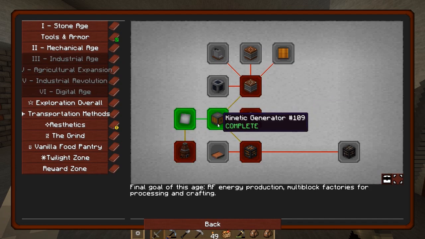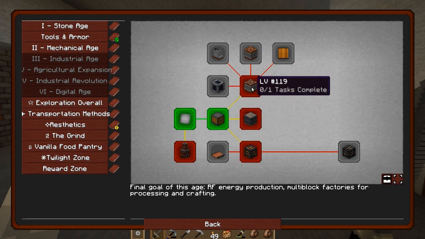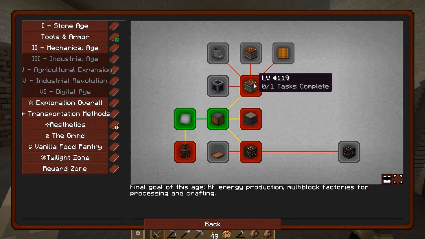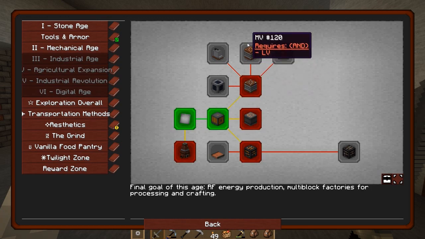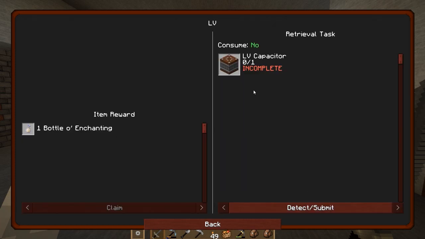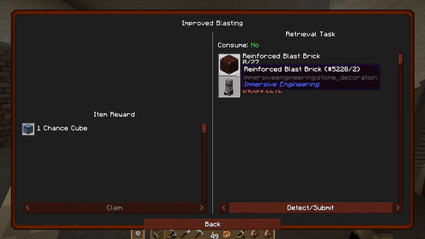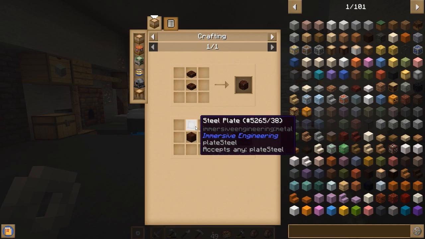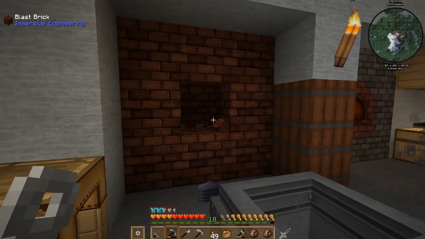So we started setting up the kinetic generator. Well, we got it in the last episode. So now we need a place to store the power from this into something. So in this case, it wants us to make an LV capacitor, which eventually leads up into the MV and then eventually probably into the HV. So having an LV would be nice, but I'm kind of thinking we might want to look into doing this, which is probably the reason why we got the steel plates to start us off. So all we got to do now is pick up this guy, which we already have on our...